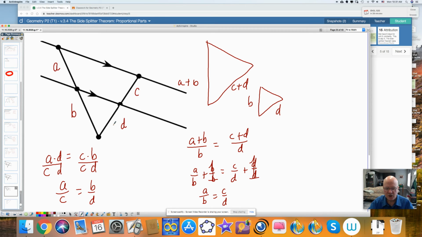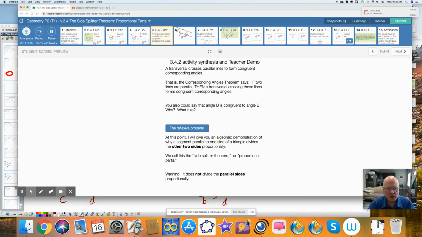Proportional parts cut by these parallel lines. This does not have to be a midpoint. If it is a midpoint, then this would be a midpoint as well. But this could be 2 is to 3 as 2 is to 3. Or 4 is to 6 or something else. And with this in mind,